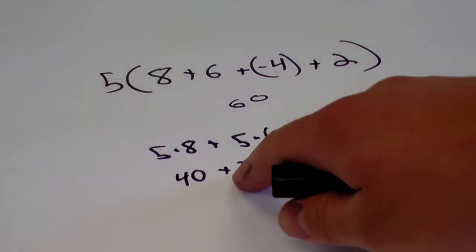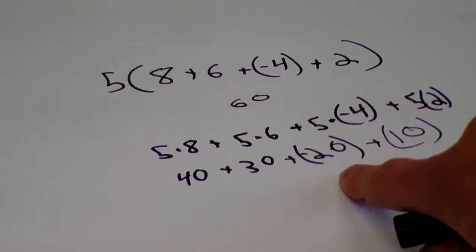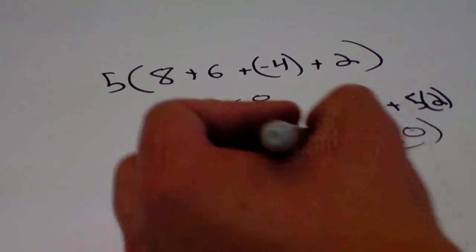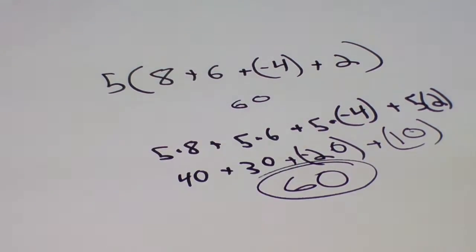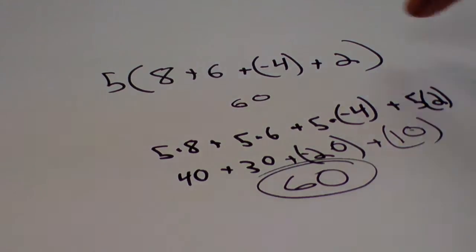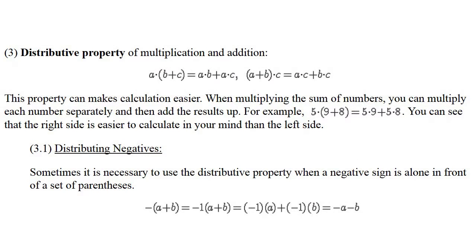So we've got 40 plus 30 is 70, minus 20 is 50, plus 10 is 60. So we get exactly the same result. So you can see that this property works even if there are more than just 2 numbers in there. Alright, now one more thing I want to talk to you about, and then this video will be done, is distributing